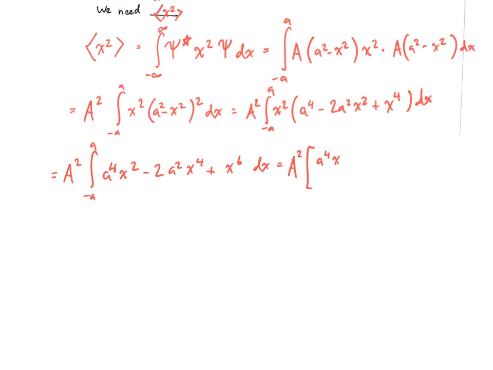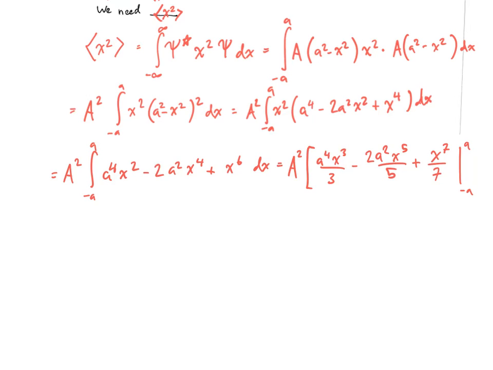A to the fourth, x to the third divided by 3, minus 2 a squared x to the fifth divided by 5, plus x to the seventh divided by 7. And this is from negative a to a. Okay, and now if you do all of the arithmetic, if you plug in a